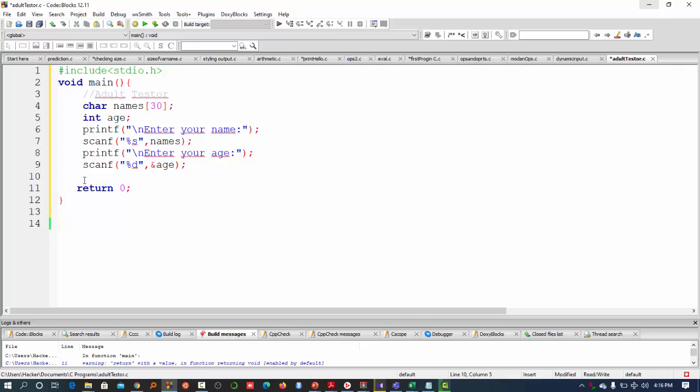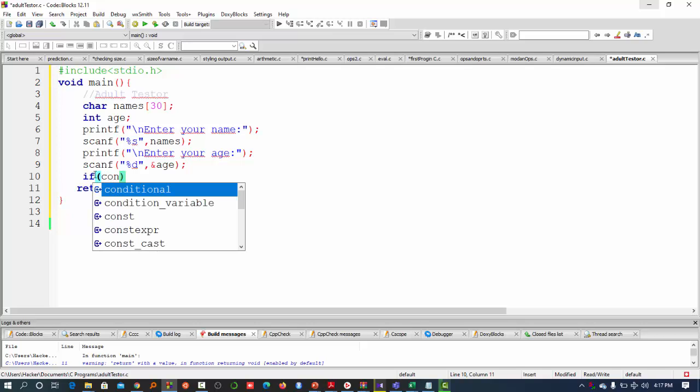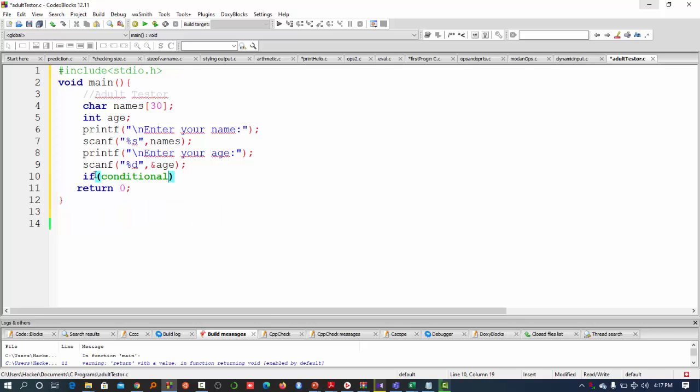There is a syntax: we need to have if, then we pass the condition. After the condition, we open and close braces where the statements should pass. So what is the conditional statement that I need to pass here? It is to say if age is greater than 20,